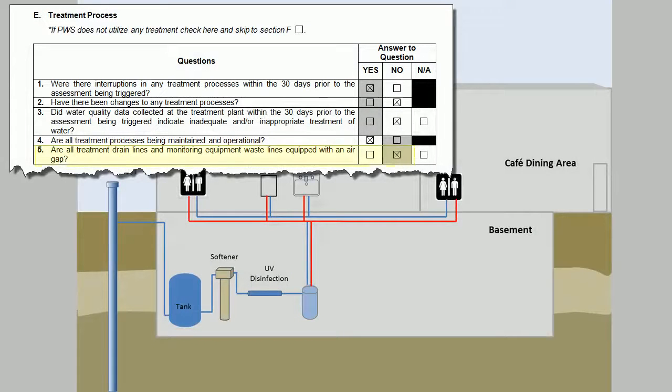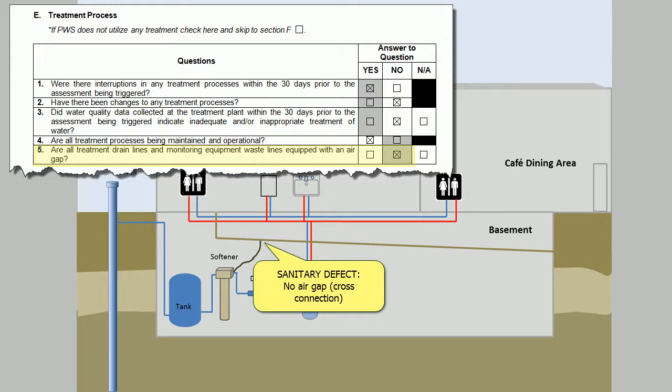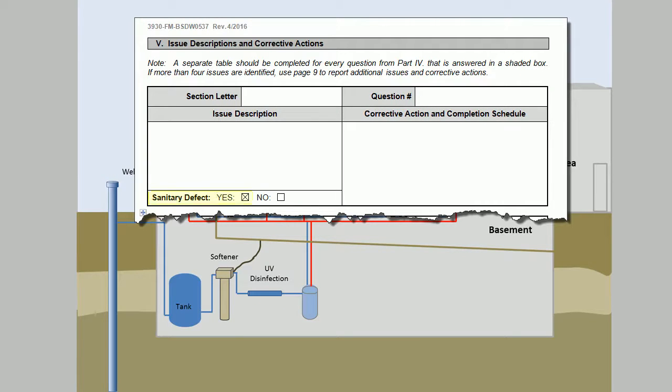E5 is also a sanitary defect. The system's drain line from the water softener goes directly to the sewer without an air gap. This is a cross-connection because it is a direct connection between potable water and a source of contamination. If an issue is identified as a sanitary defect, then the corrective action and completion schedule column in the table